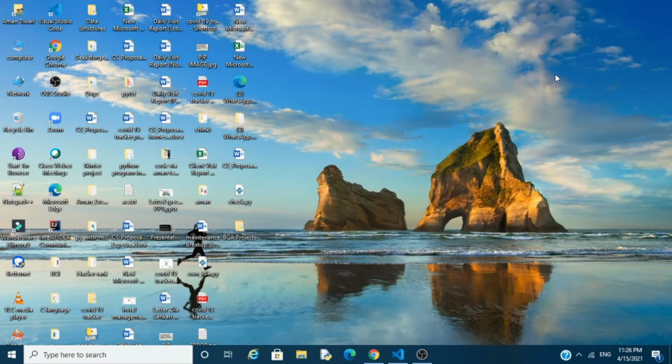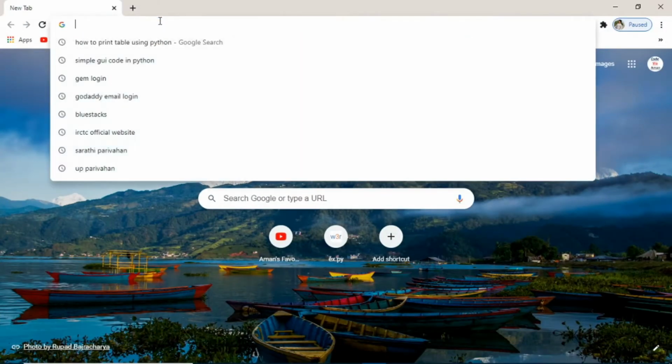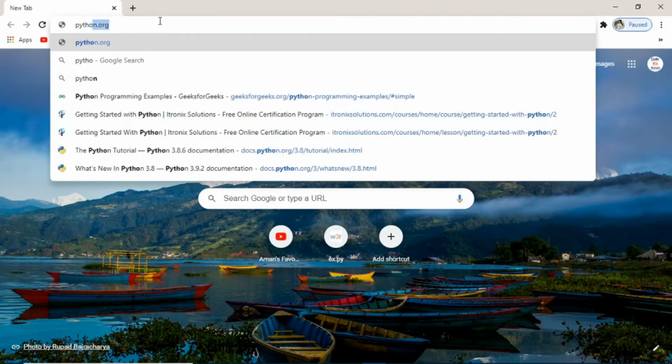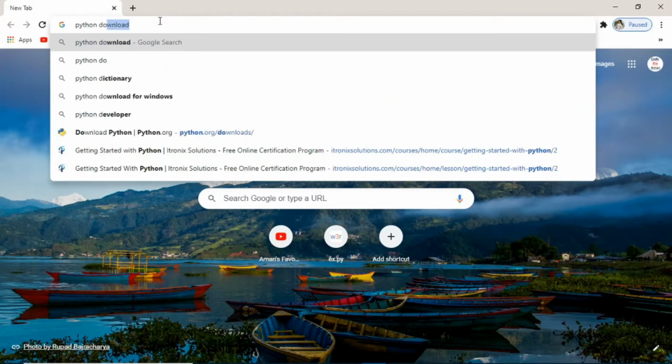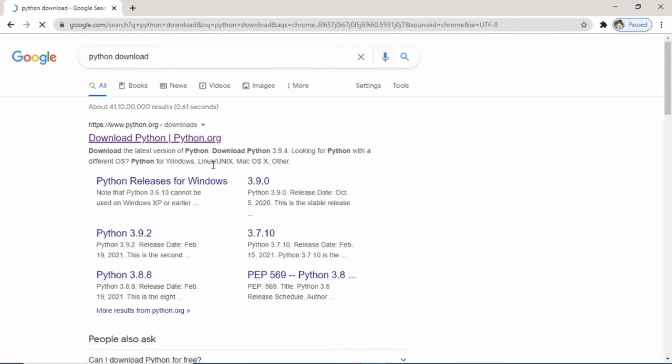So guys, first of all, go to Google and install Python. If you haven't installed Python, then type here Python download. Then press enter. After that, you can see the first link, Download Python.